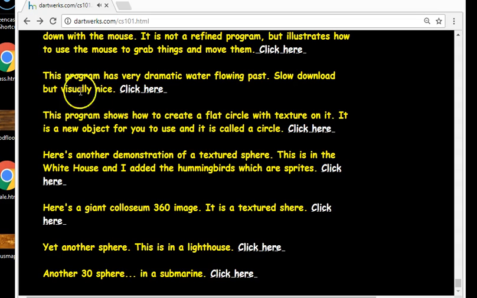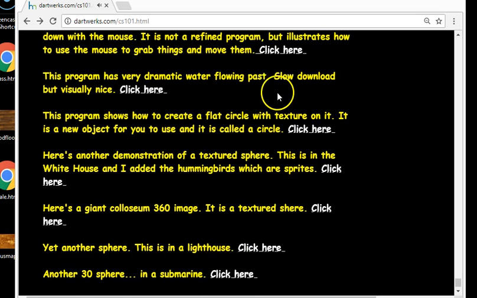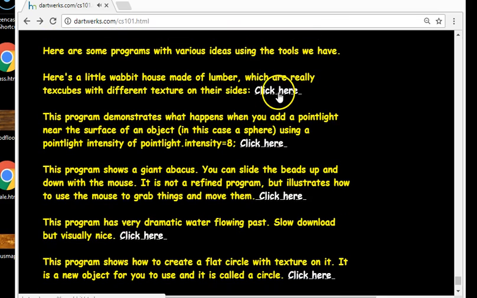See if I get the Wabbit program here. Where is the Wabbit? Sphere, house, circle, water flowing, abacus, Wabbit, right here. This is, I think, the Egyptian one used to be, but I think this one is the one that I ended up using, the